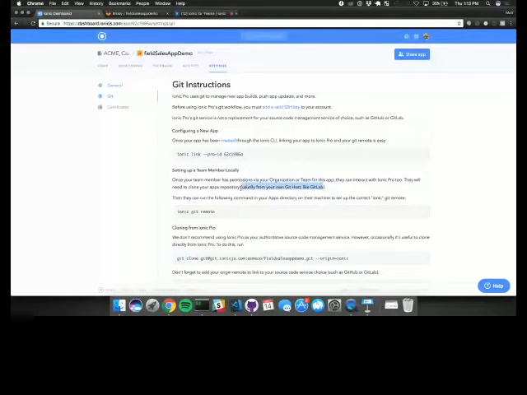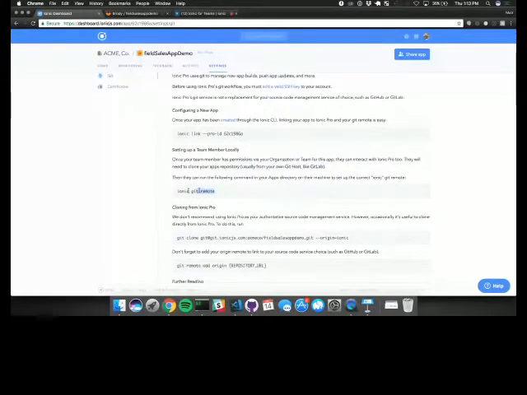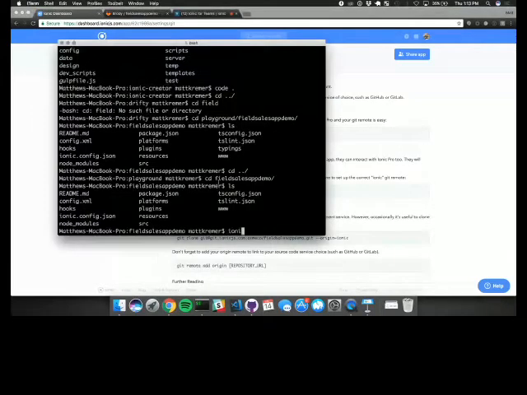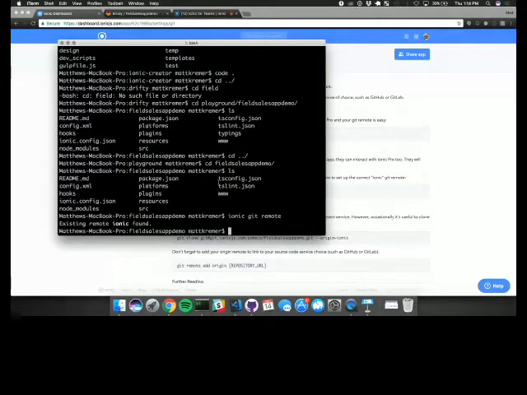We've pulled down something from our normal Git host, and now all we need to do is run Ionic git remote. So I'm going to go ahead and run Ionic git remote, and that's going to set me up with Ionic's remote origin. Like I said, I've already done some of these things. It would just tell you the origin that it added, and everything would be cool. So now, throughout my day-to-day, I'm going to be able to work on this code base and make changes as I see fit in whatever Git flow cycle you guys like using.